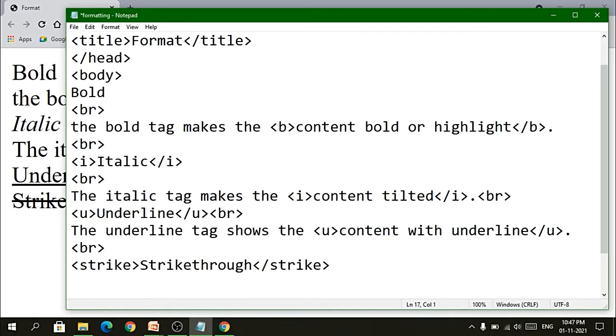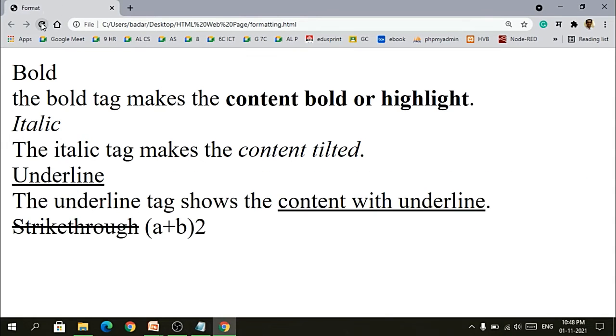I am not going into it. I am moving to the next part, which is superscript and subscript. In superscript the content would be a little bit up than the content line. So I would be writing a formula which is a plus b square. I am not using superscript right now. I will just show you what the output would look like on my web browser. So it is coming like a plus b 2. It is not raised to 2, so I need to raise the content a little bit up so that it would look like a power 2.